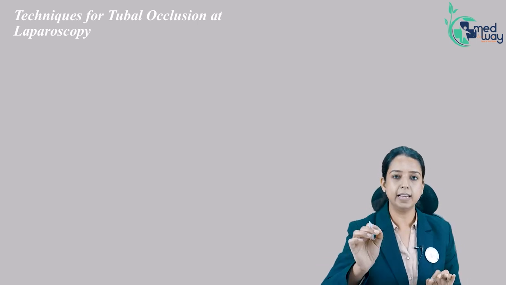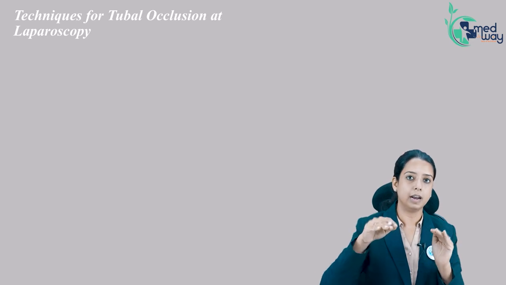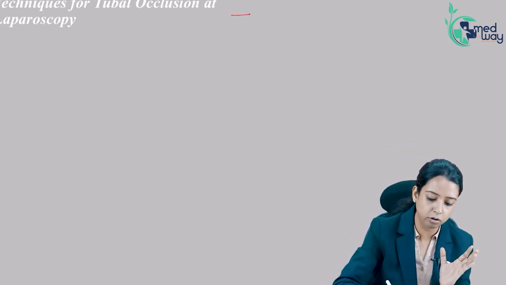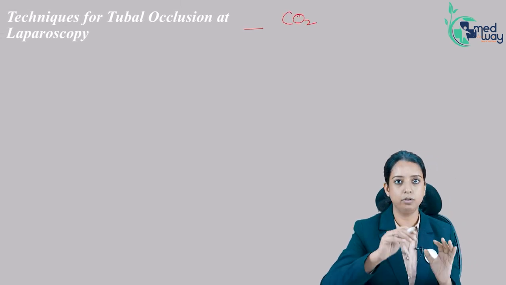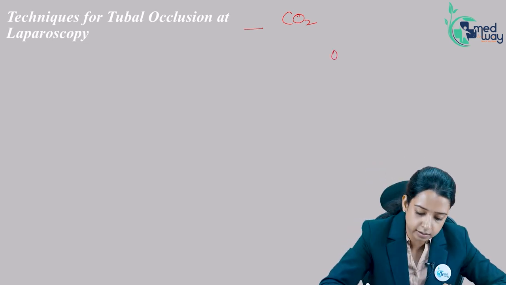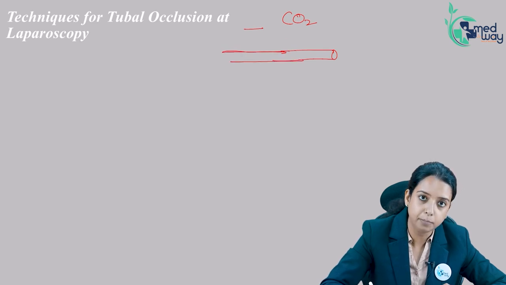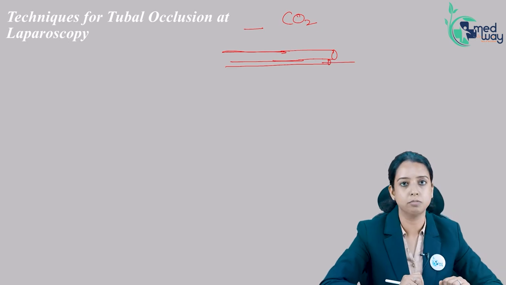In the laparoscopy technique, you make a very small incision on the umbilicus, introduce a laparoscope, and fill the abdomen with gas. What is the gas for laparoscopy? We will read also in operative gynecology that CO2 is the gas. You insufflate it, and through the same laparoscope the camera goes in. It looks like this actually. This is the laparoscope instrument, this is the port for the camera, and there is a small port below through which you introduce the instrument.